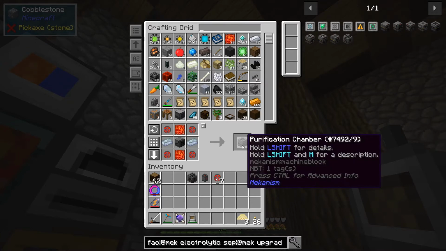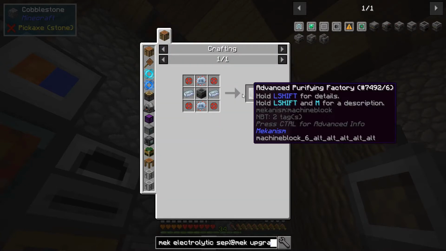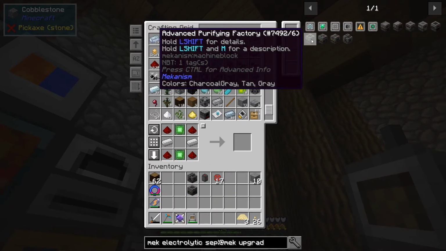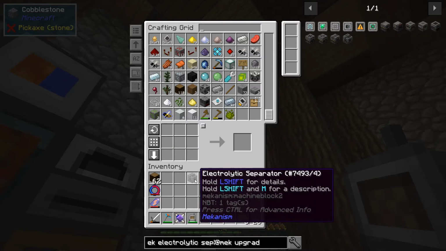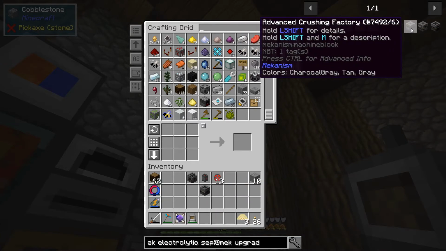All right, so there's the purification chamber. Now the purification chamber needs to be turned into the basic purification. There's the basic purifier, and then the basic is going to go into the advanced, and there's the advanced. All right, so now that's going to go here. So the oxygen comes into here, into my advanced purifying factory, and now I need a crusher. So smelting, enriching, crushing,